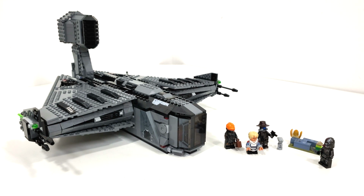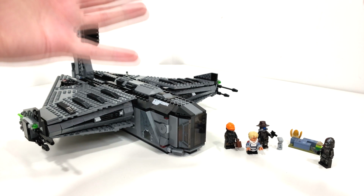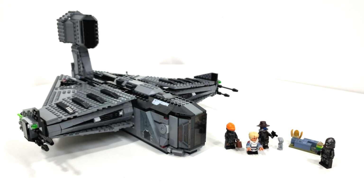Well, if you can get this any cheaper, I definitely recommend getting this set as cheap as you possibly can, because $170 for this thing I don't really think is worth it as far as the size of it goes, and the minifigures are fairly detailed. I guess that justifies the price and justifies Justifier. But really, if LEGO was making you pay that price, I feel like they should have at least included the whole Bad Batch crew again on top of this minifigure selection. I think that would have